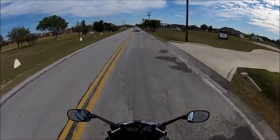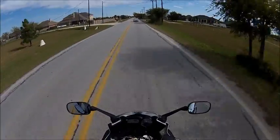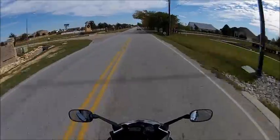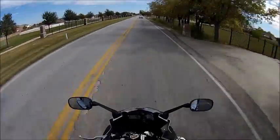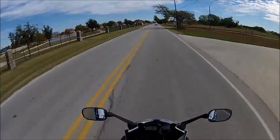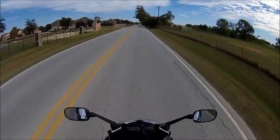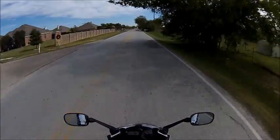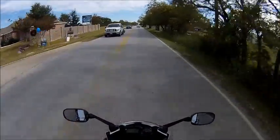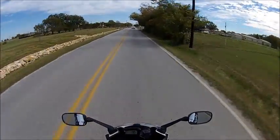Also, another thing about this bike that'd be good for a beginner, or somebody who's used to riding sport bikes but just wants something that's a little better for the road, is your seating. On a lot of the sport bikes out there, you're sitting a lot more aggressively on the bike. Your butt's a little higher in the air, you're leaning a little far forward, and if you're real new to riding, one of the big things that you don't want to do is put all your weight onto your hands, or into your handlebars, because